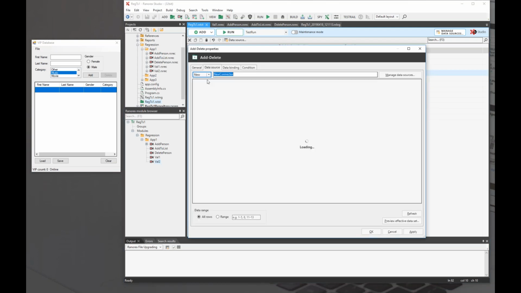I'm going to create a simple data table within my test suite. But again, you can connect that to an Excel spreadsheet. You can connect that to a SQL database, wherever you have your data sitting or wherever you want to create your test data. I give this data source